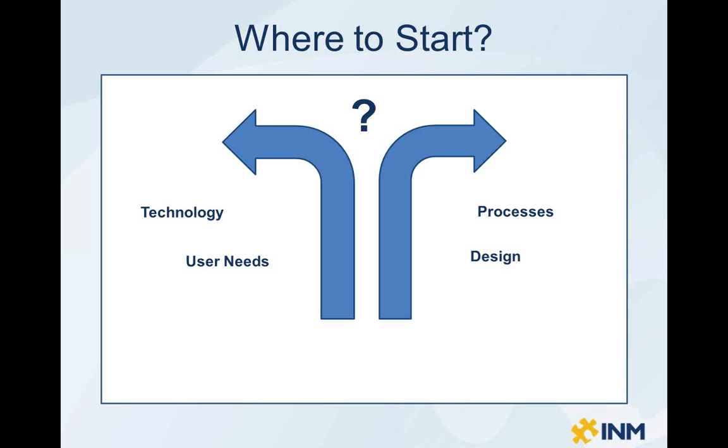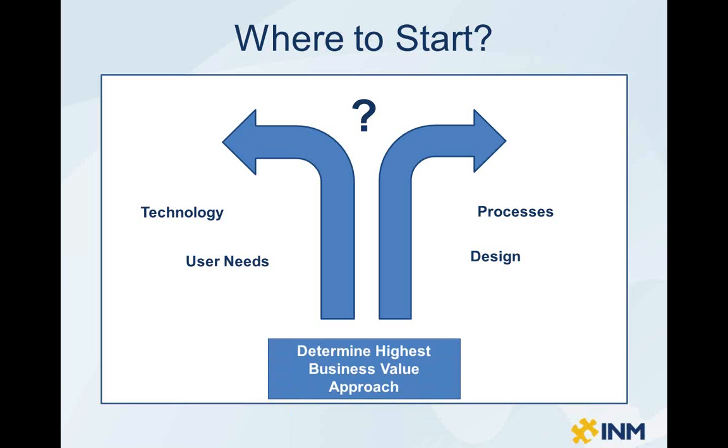As a result of all the options, it's difficult to figure out where to get started. Typically, most people get tied up in looking at the technology and trying to see how it fits their organization. Our approach is a little bit different in that we think that you should determine the highest business value for your organization. But to do this, it's really quite simple. You just step back and look at your association with a fresh set of eyes. Determine what value is going to be returned to both your organization and your readers, and then look for the technology that fits those needs.